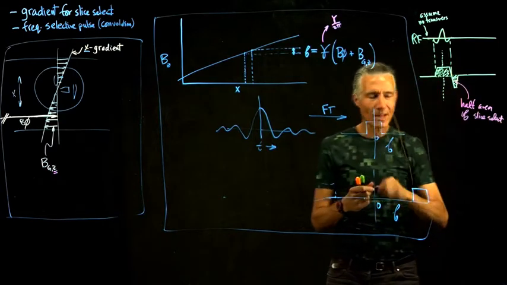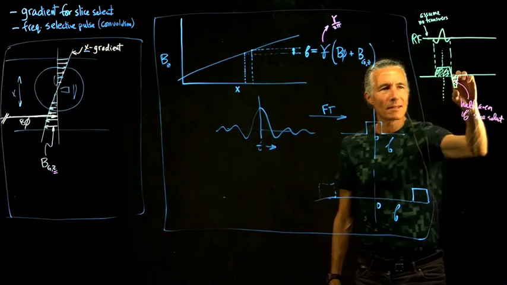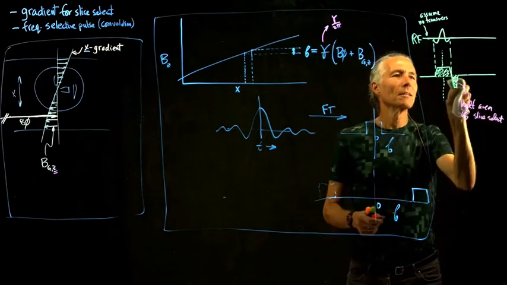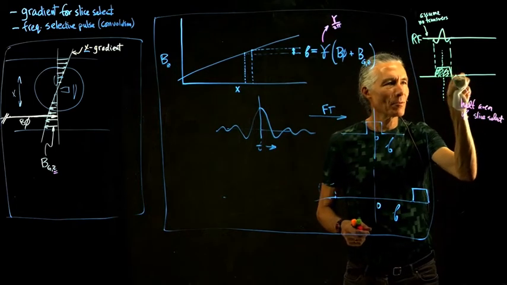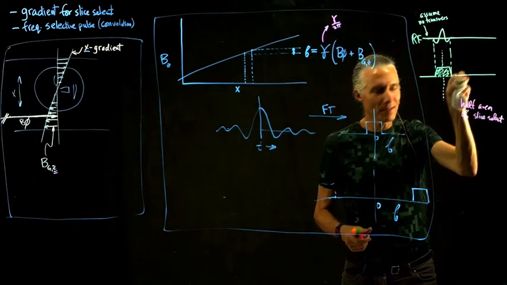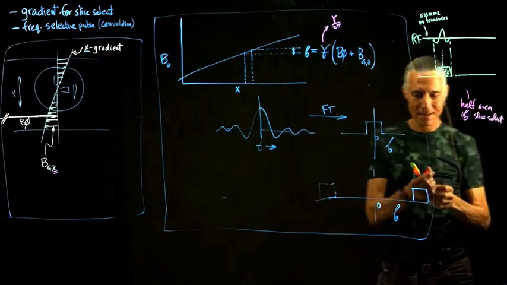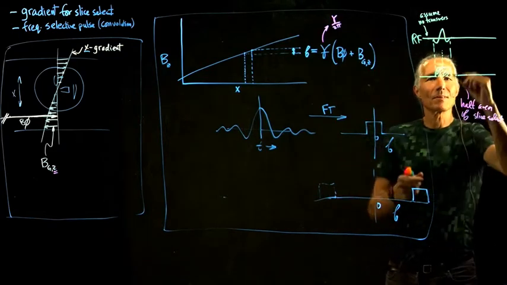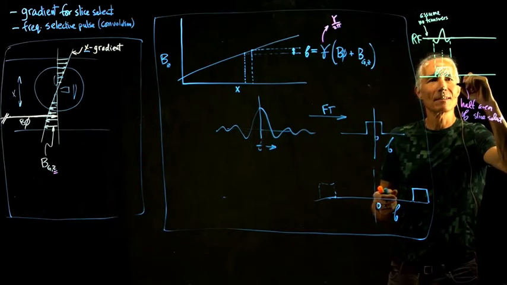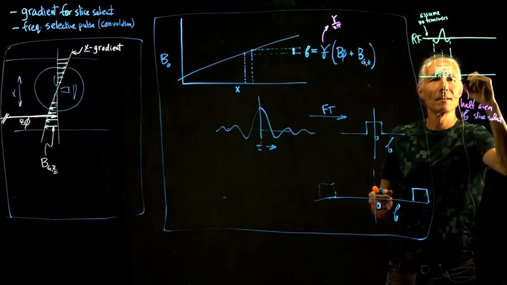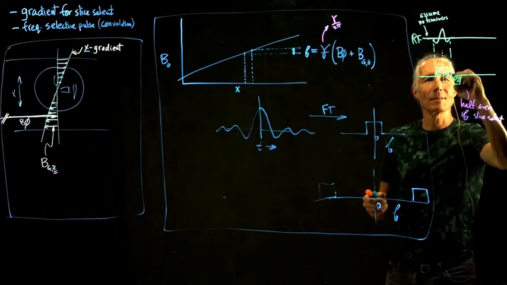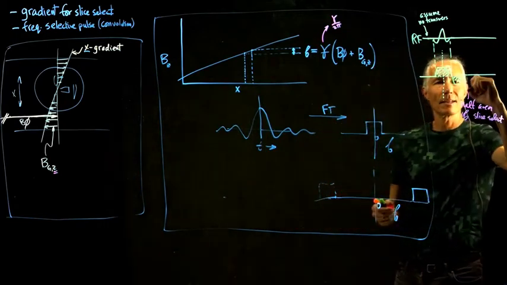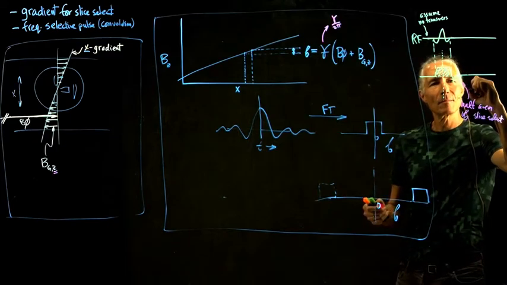So it turns out if you make the area of this one half of that one, why don't I just draw it? I'm drawing it the way it is in real life because you want to quickly get on with life, and so you generally tend to use a steeper gradient. But let me just draw an exactly identical one so it's easier to see graphically. Okay, so that one looks the same as that one. So half the area of the slice select gradient, and it turns out that's a very good approximation